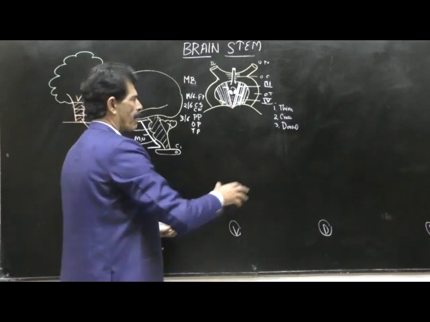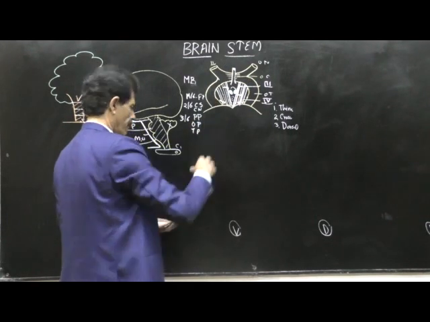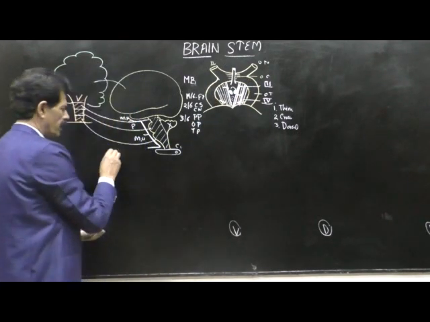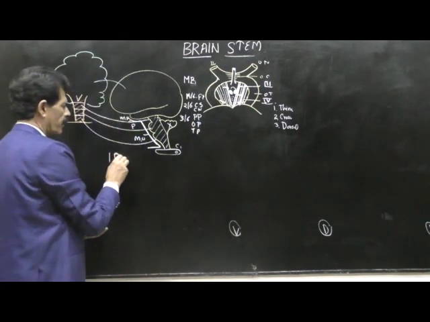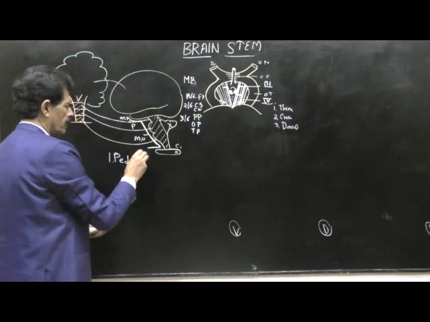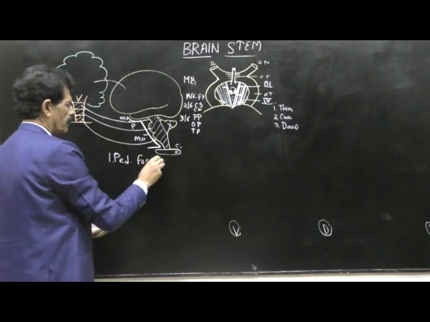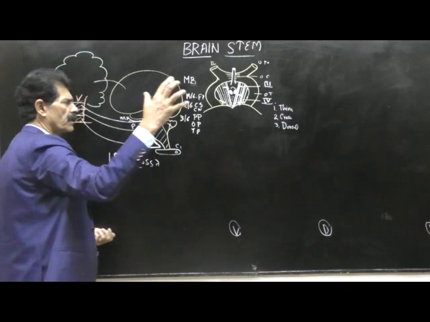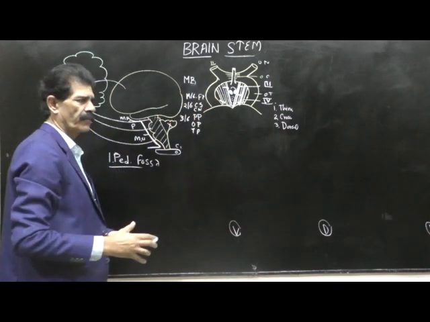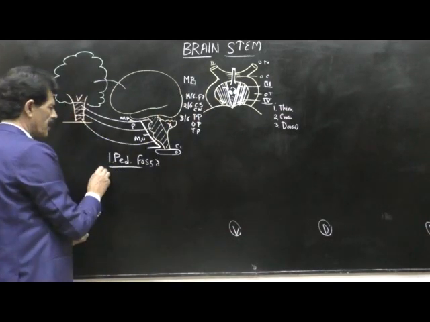Then the interpeduncular fossa is on the ventral surface. The interpeduncular fossa is the deepest structure on the ventral or the inferior surface of the brain. Regarding its boundaries,